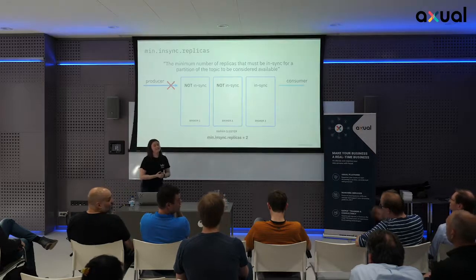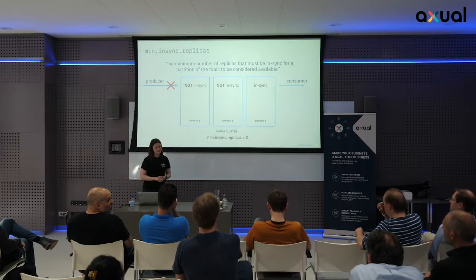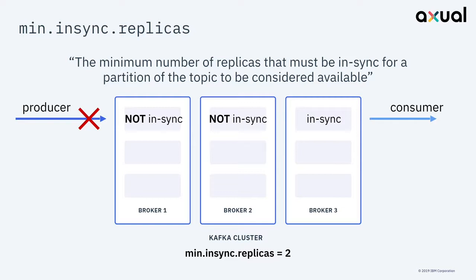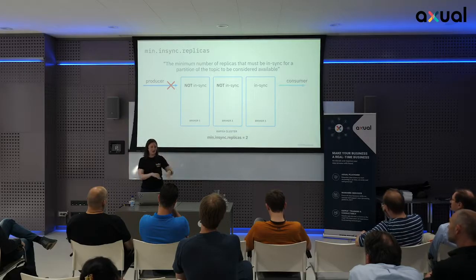Yeah. Do you check that on a particular topic or on all topics? Because min insync replicas is something you can configure per topic, right? Yes. For those of you who aren't aware, you can configure it broker-wide, and then you can configure it per topic as well. So it's up to you whether you check all of the topics or whether you say these are particular topics that we care about and check those. Because Kafka is so configurable, you have to configure Kubernetes as well. But it's useful to know that a lot of the Kafka settings you set at a cluster level, and then you can override them at lower levels.